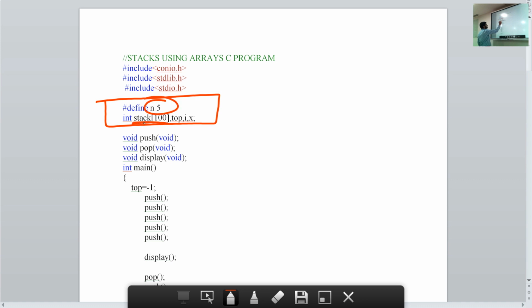We defined a stack in an array of size 100. But out of that 100 size array we are just going to use 5. If you wanted, you could have made this 5 also, or you could have just defined it as stack n.